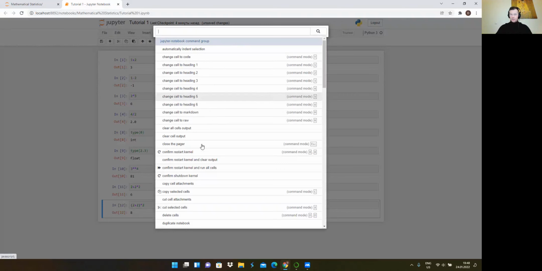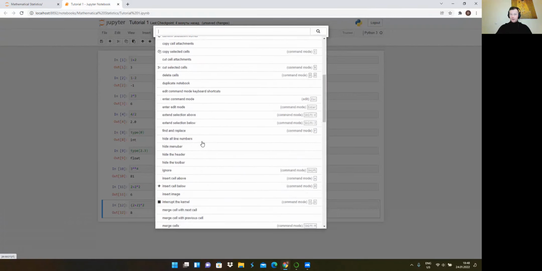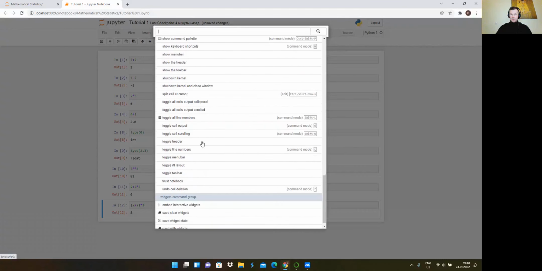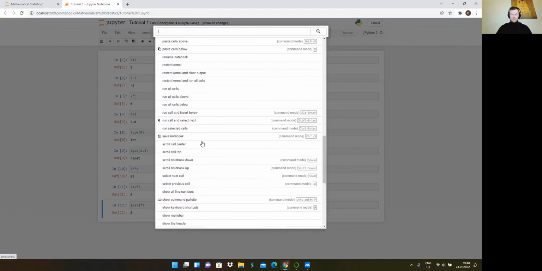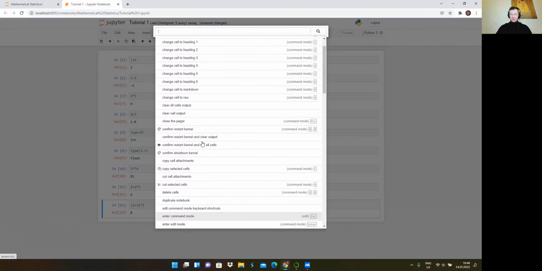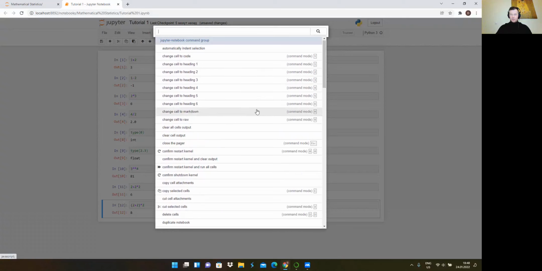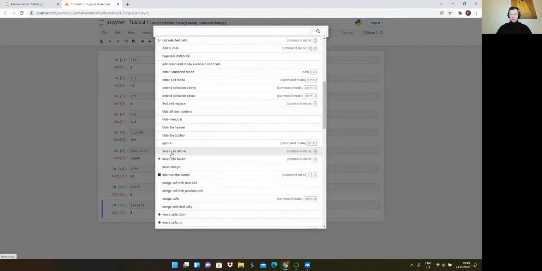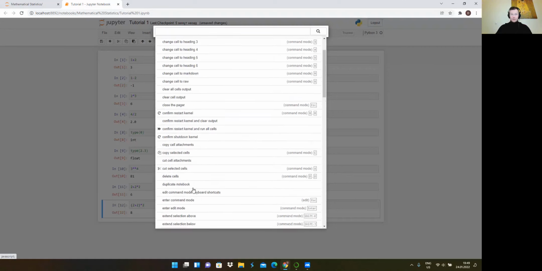hotkeys here. You can actually see that when you want to create a new line, where is that? You can press letter A. Somewhere here. Insert cell above, you can press A. Insert cell below, you can create B, and you see that this is the same as pressing plus. And instead of